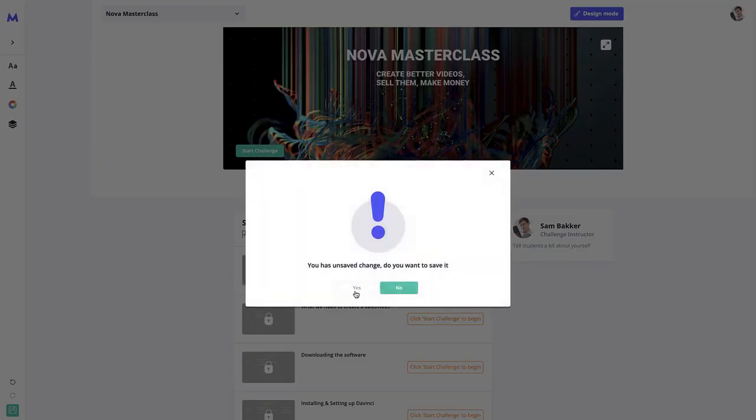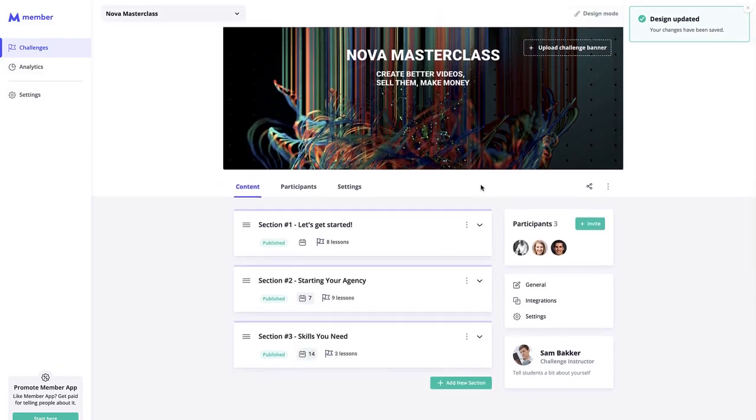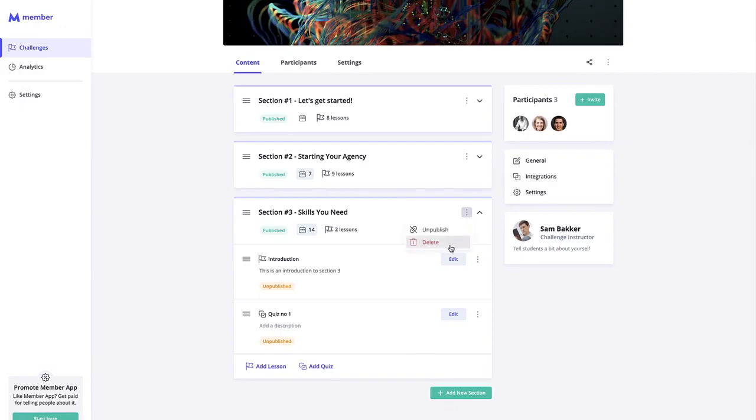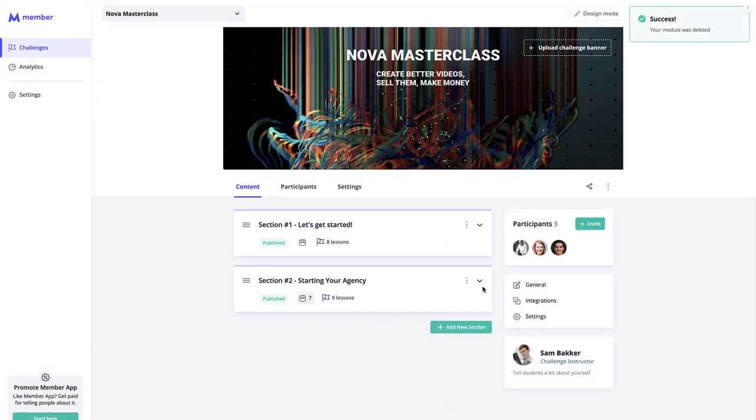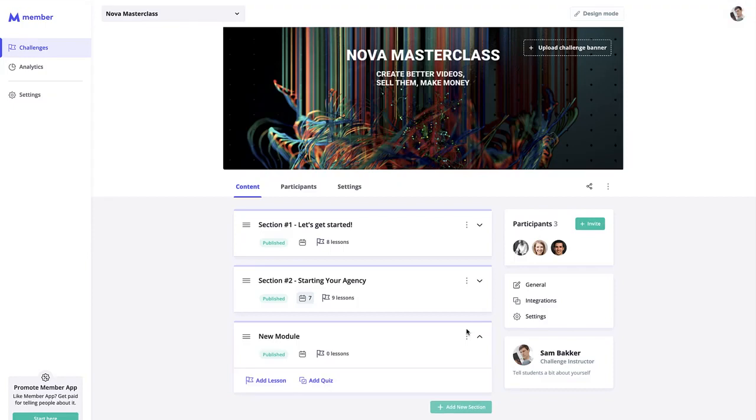Now if we switch back to editing mode, what you can see here is we have the ability to add sections. I've got 3 sections right now. Let's delete this section, and let's now add that section again. So if we wanted to add a new section, this could be a week, it could be a module, whatever you want to call it. We'll just say section number 3. Usually I'd call this week if it was a progressive challenge like we're doing right now, but we'll just say section 3 is